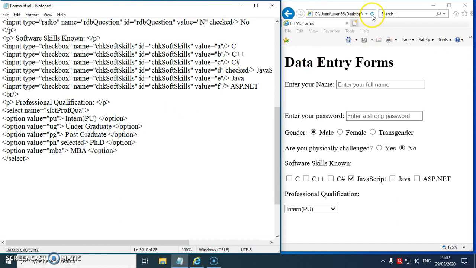I have written selected in PhD. Reload. See, by default PhD is displayed. Correct? Now I'll proceed further. If I remove selected from here, and I write it here, this attribute again has no value, and I reload the page, you'll find UG undergraduate is displayed by default, right?